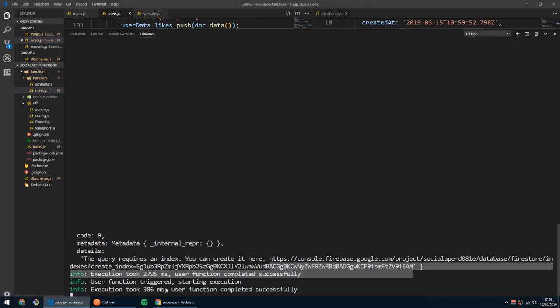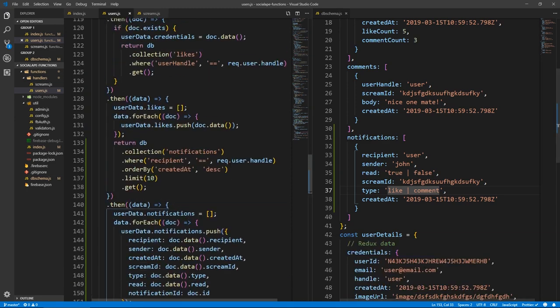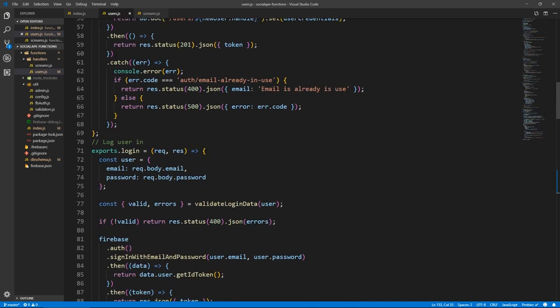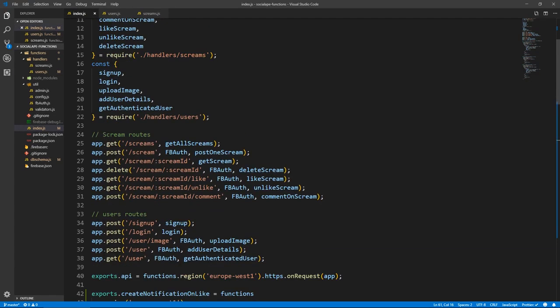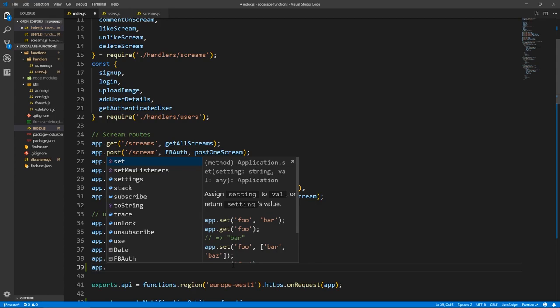All right, there are 2 more routes that I want to create for users before we finish off this video. Let's go to index.js and create 2 routes here for users. One would be the route we use to get a user's details, like another user's details, or even our user.